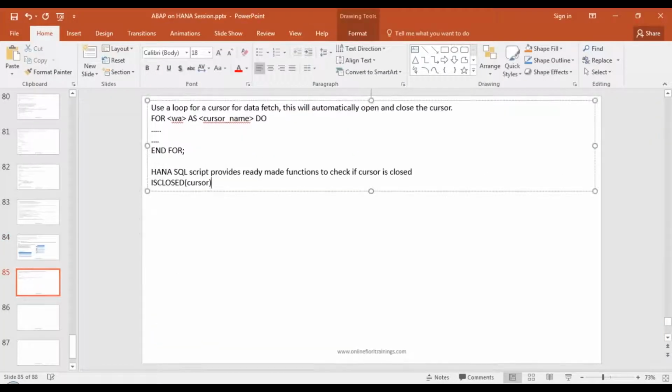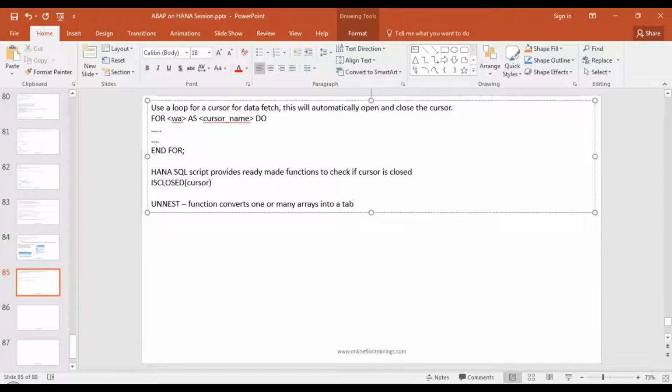You will see this is being used at a lot of places in standard SQL script which SAP delivers. Unnest function converts one or many arrays